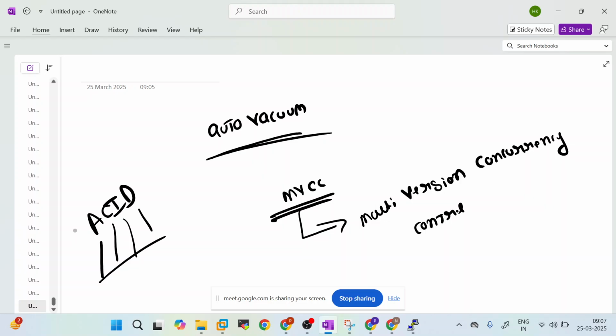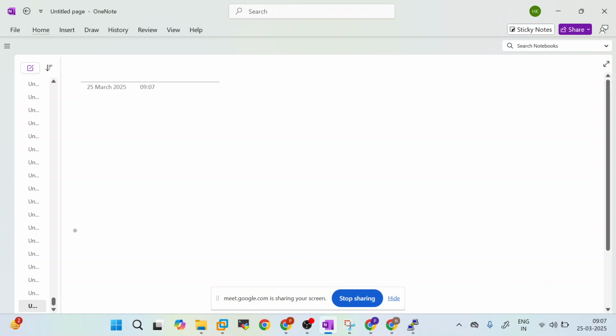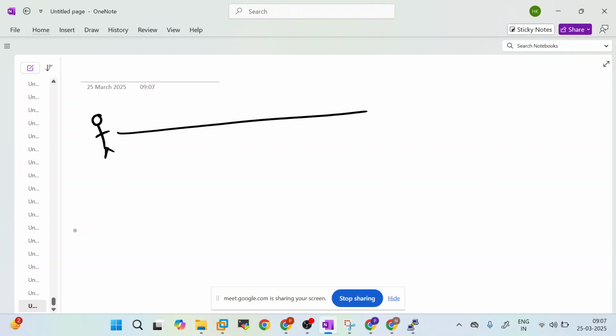So how we are going to achieve the multi-version concurrency control is, let's say I have a user called H1 who is connected to the Postgres database at 9 a.m. and he fired a query called select star from